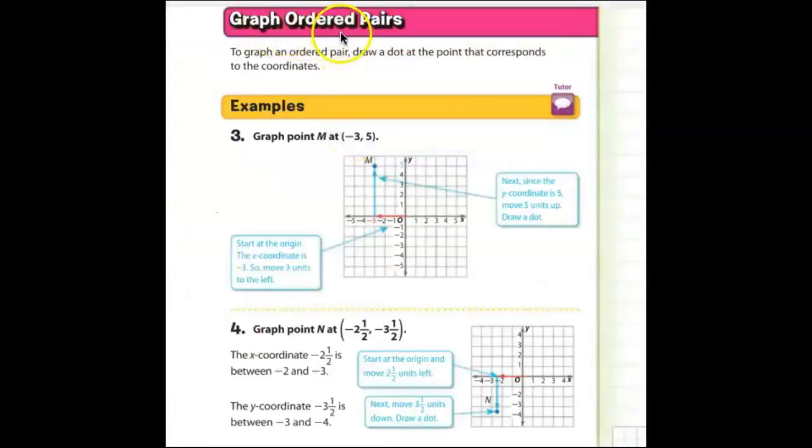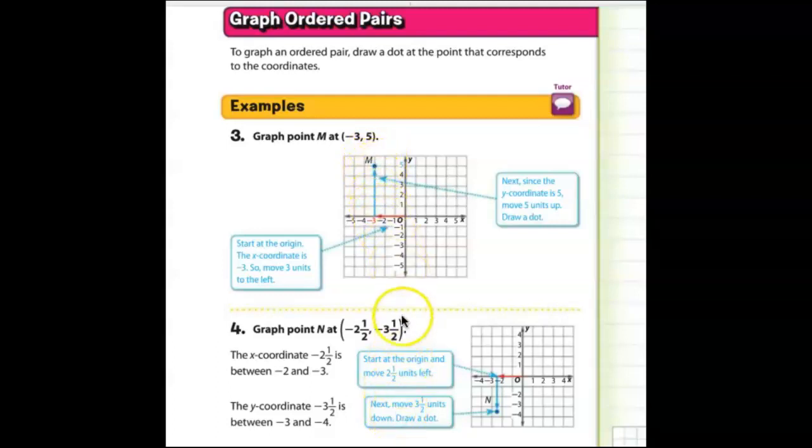Okay, now we're going to practice graphing ordered pairs. And again, this is something we've already done, but only in quadrant 1. So the only difference now is we're going to be looking at negative numbers as well and doing all 4 quadrants. So it's asking us to graph point M, and it says that it's -3 and +4. So we always start at the origin, and that's 0, 0. And then we're going to go over -3. Always go along the x-axis first, and then we're going to go up +5, and you can see they've already placed the point M